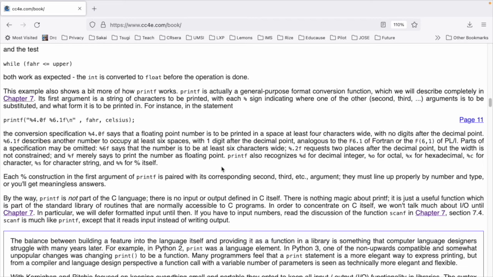This example also shows a bit more of how printf works. Printf is actually a general-purpose format conversion function, which we will describe completely in Chapter 7. Its first argument is a string of characters to be printed, with each % sign indicating where one of the other, second, third, etc. arguments is to be substituted and what form it is to be printed in. For instance, in the statement printf("%4.0f %6.1f\n", fahr, celsius);